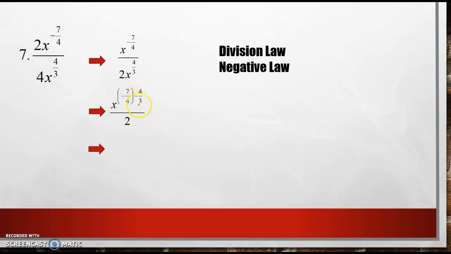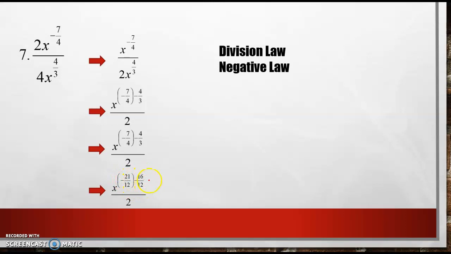And they have dissimilar fractions, so we look for the common denominator, which is 12, and then we have negative 21 over 12